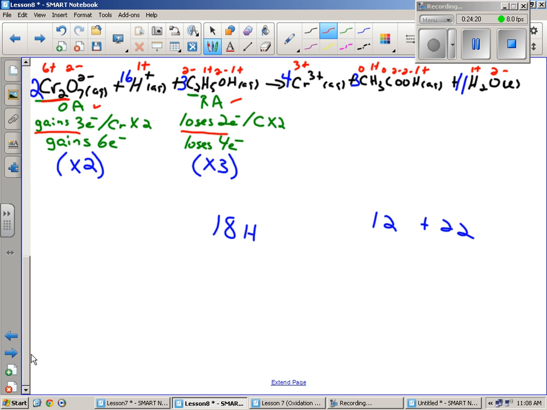You need to focus on the left side only, saying, okay, I gained 3 electrons per chromium. I have 2. So that's actually, I'm going to gain 6. Okay? And this one's going to lose 2 per carbon, and there happens to be 2 right there, so times 2. In other words, total loss 4. Okay? And then you're going to balance those 2 out. Put those numbers up there, balance the rest based on good old-fashioned chemistry, balancing chemical equations. Okay? Don't start with oxygens or hydrogens. Start with other things that are different, right? Iodines,